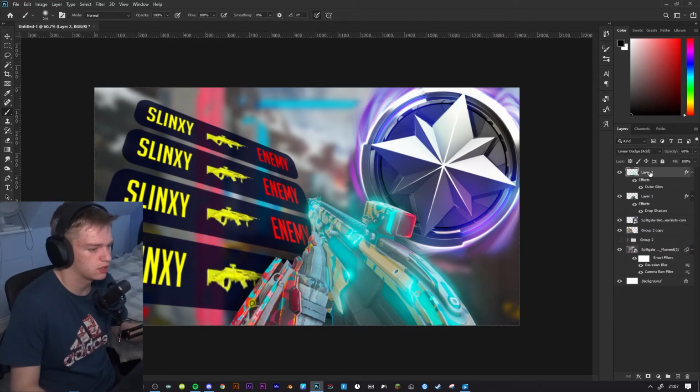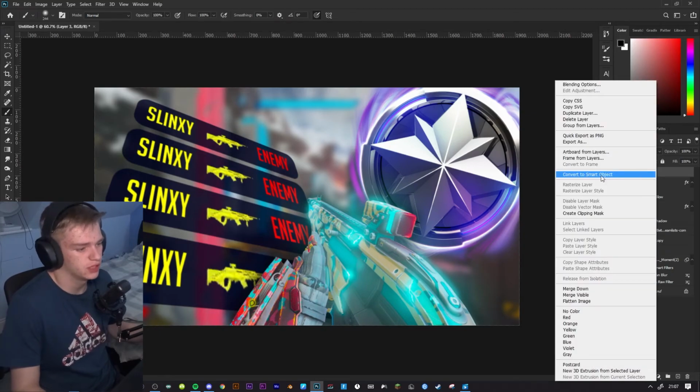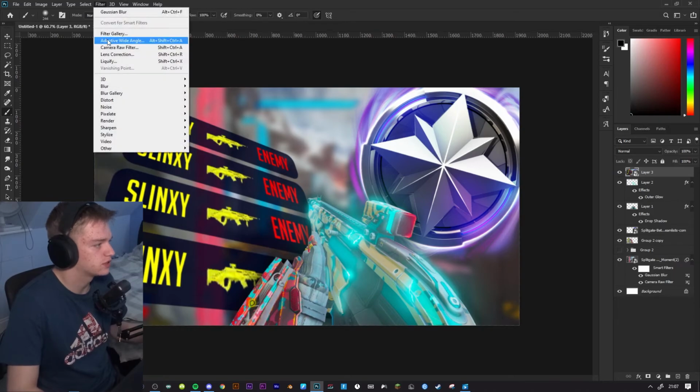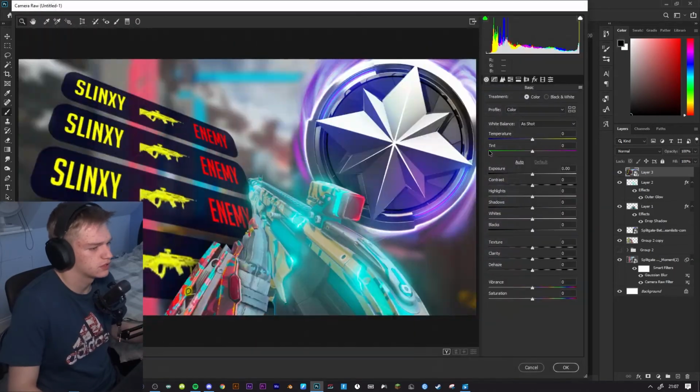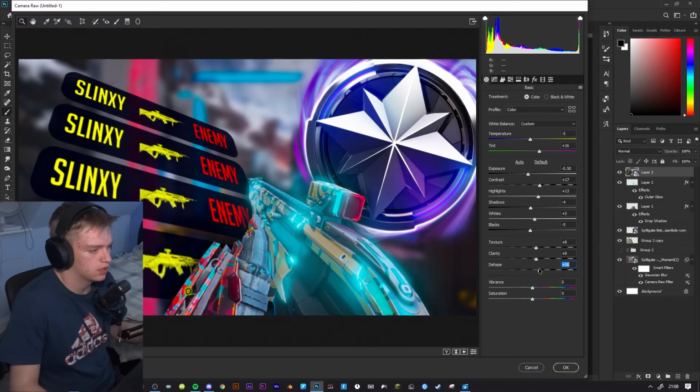That's my save thing. And then to create a final camera raw filter, a final color correction, you want to go Control Shift Alt E, which will make a raster screenshot, I guess you could say, of everything visible below it. So you want to turn that into a smart object filter, camera raw filter. I'm going to put blue, pinks, make it a bit darker, put the contrast up, highlights up, shadows down, just bits of this,